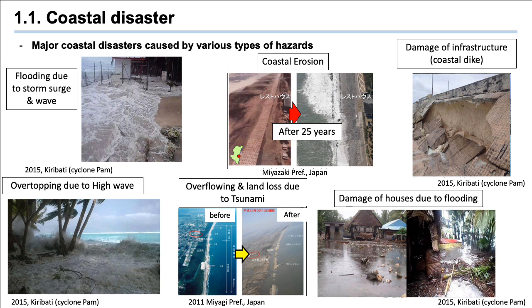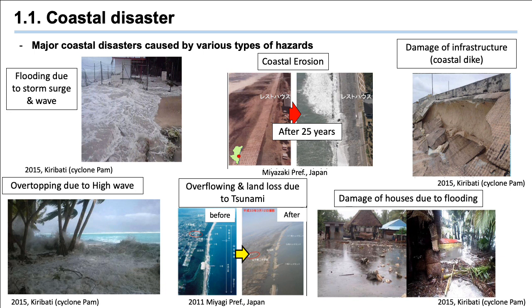So major coastal disasters are caused by various types of hazard, such as wave, storm surge, and tsunami, and so on. The left top figure shows an example of flooding due to storm surge and wave in Kiribati, and the left bottom figure also shows the overtopping disaster due to high wave, and the middle top figure shows an example of coastal erosion in Japan coast, and the middle bottom figure shows overflowing and land loss due to tsunami in